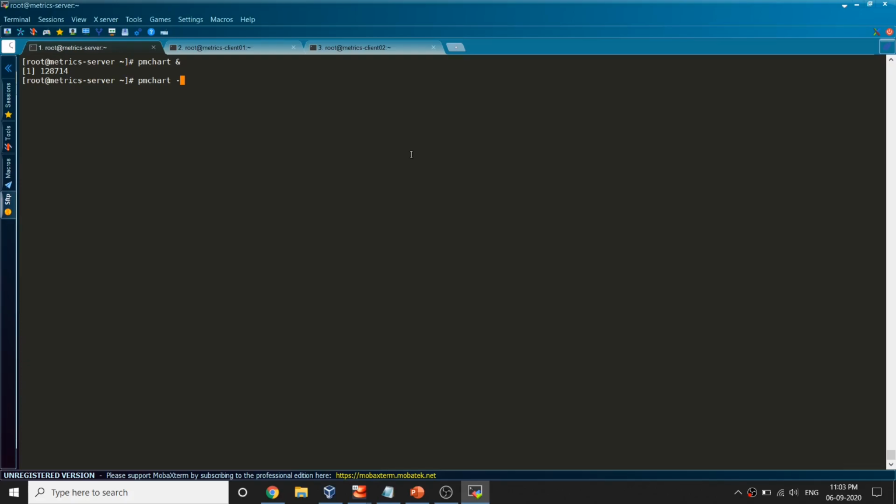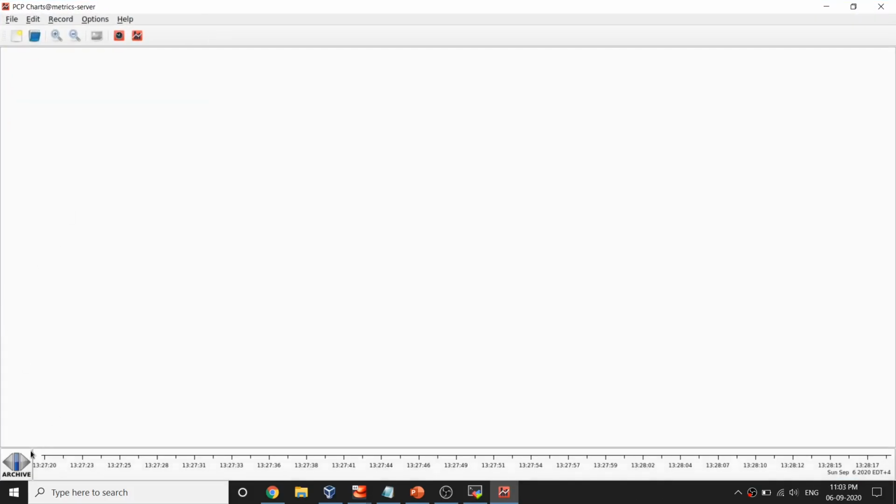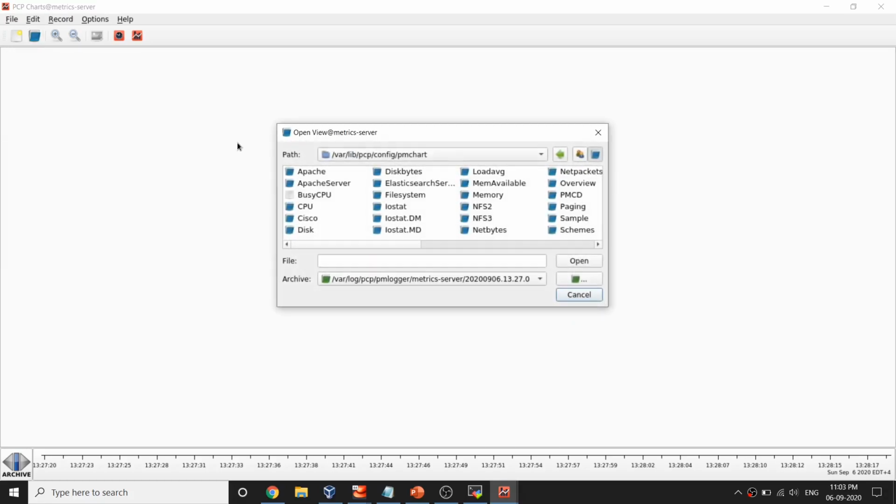We were checking for the live data, so for historical data we can use pmchart -a, and we'll have to specify the location, pcp pmlogger, and then my server name is metric server, and there will be a directory with a timestamp. This is the one we'll have to use, 2020-09-06. And now instead of live, you can see it is archived. Click on this button, and similarly you can use, for now I'm just going to use the overview and open it,